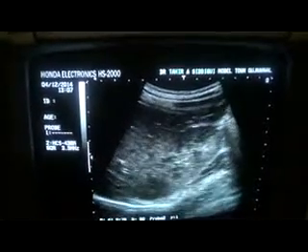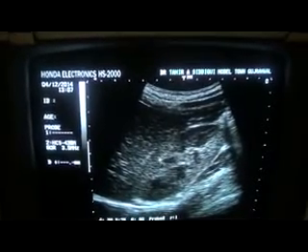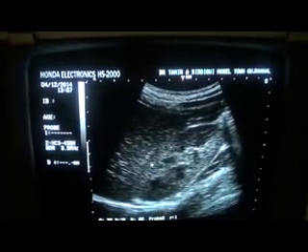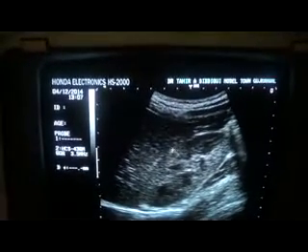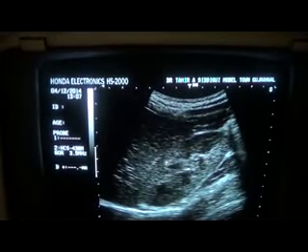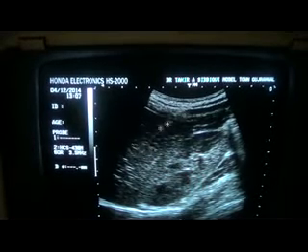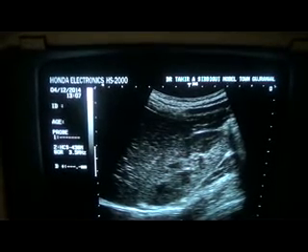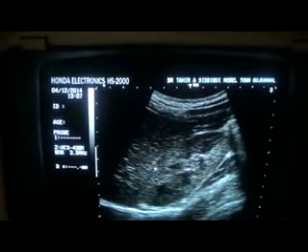Now the second important thing to study is the parenchyma. The parenchyma includes the cortex and the medulla. Now in this you can see this is the parenchyma, anterior parenchyma. The echogenicity of the parenchyma should be equal to that of the liver or less than that of the liver parenchyma. Now in this kidney, the parenchymal echogenicity of the kidney is diffusely raised, and this goes in favor of